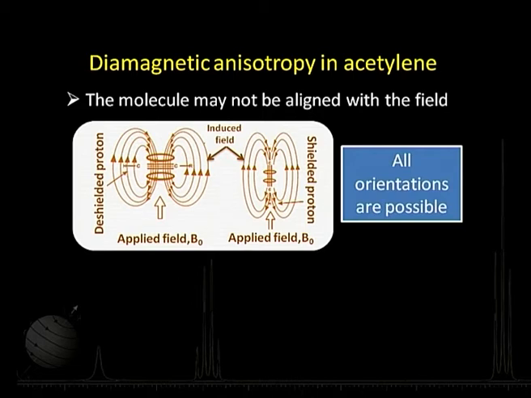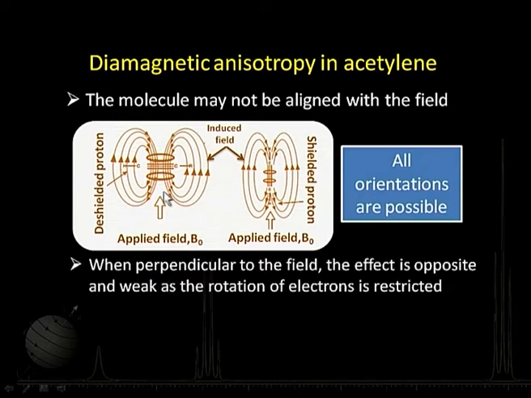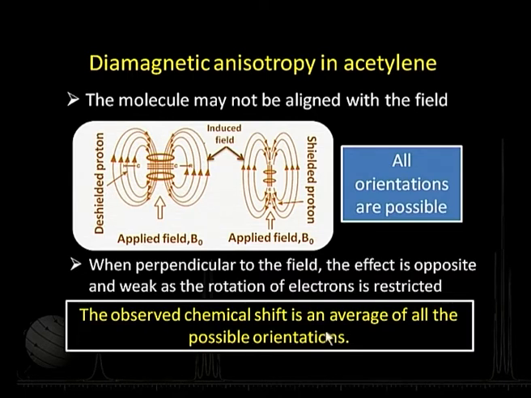So, why do we observe the effect as we observe? The reason for that is that this effect is much weaker, and the effect at different orientations other than these two, they get cancelled to a large extent, and effectively what we observe is the average of all possible orientations. And out of all orientations, since this particular orientation happens to have a very significant contribution, this kind of determines the effective or the observed chemical shift position of acetylene protons over there. Okay. So, that is how we account for what we observe in case of acetylene.